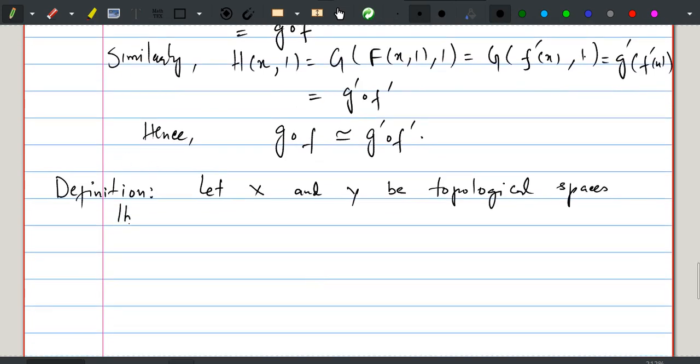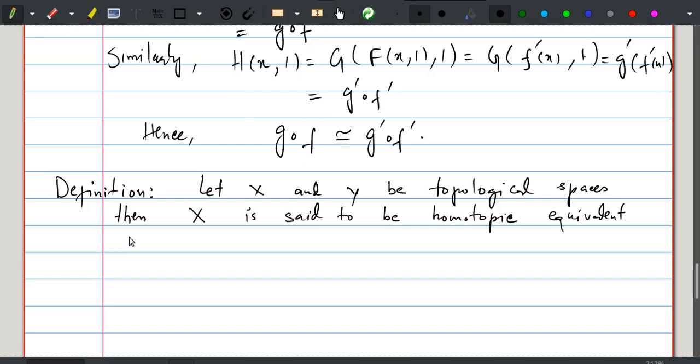Then X is said to be homotopic equivalent to Y, which is denoted by X is homotopic equivalent to Y, if